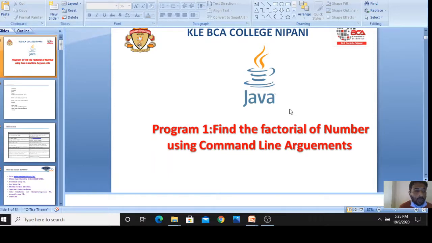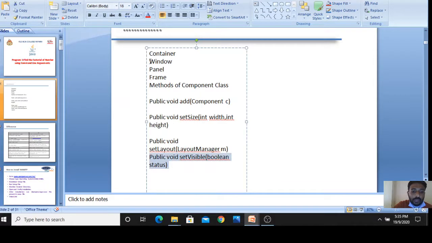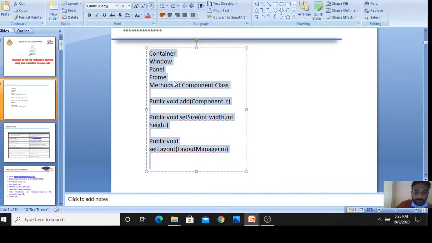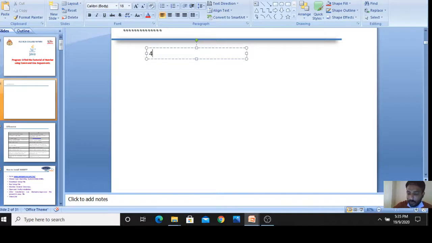Before going to the program, I will just discuss what factorial is. Suppose I have a number, that is 4. This is the factorial of 4, you can say 4 factorial. How do we find the factorial of 4? The 4 factorial is 4 into 3